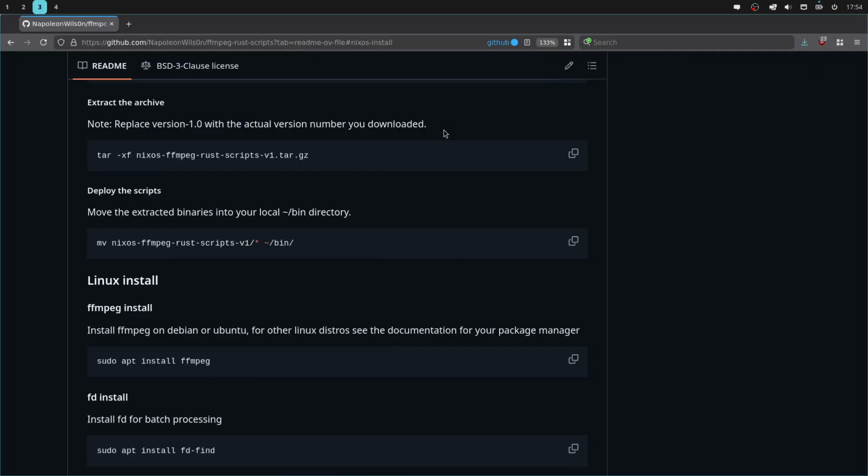And the final step is to move all the scripts from that directory into your bin directory, and I've already done that step. And that's all there is to it,